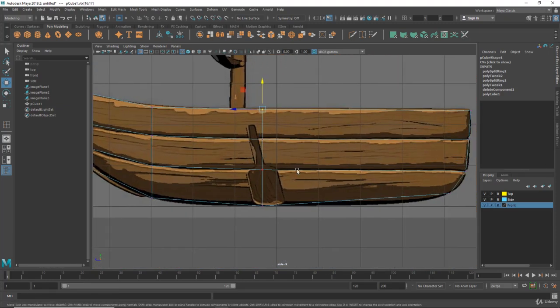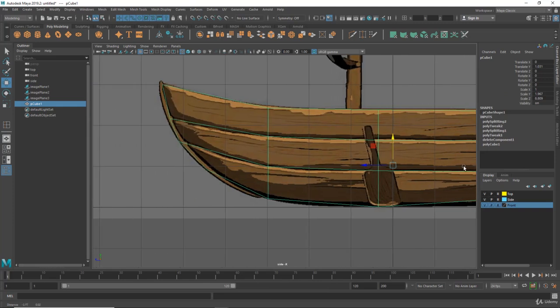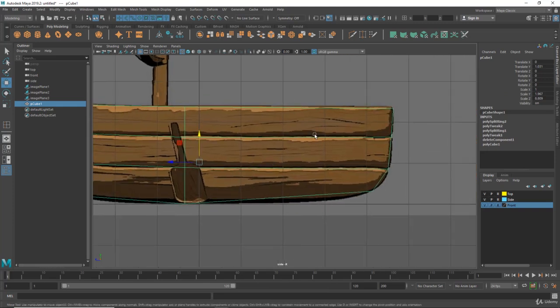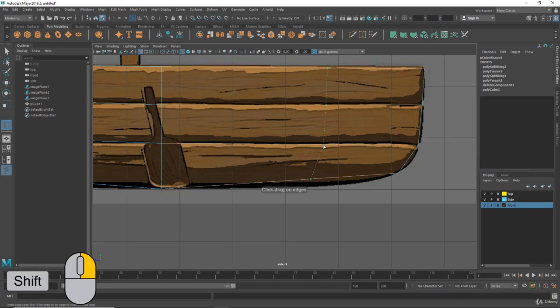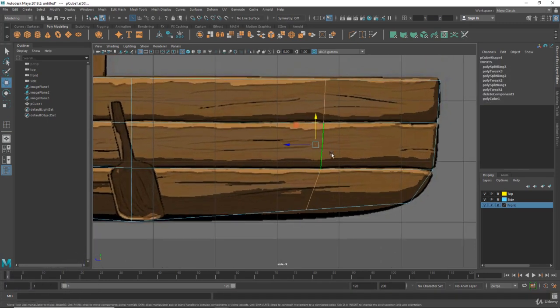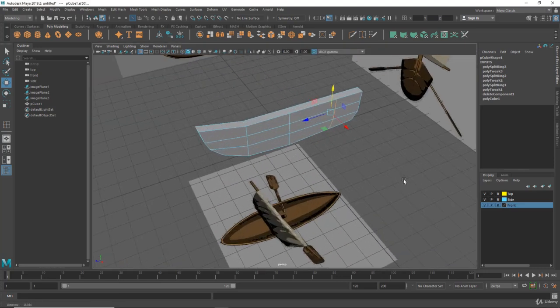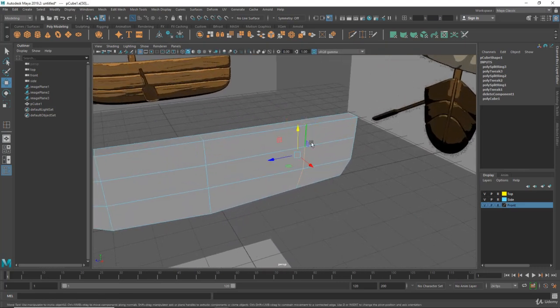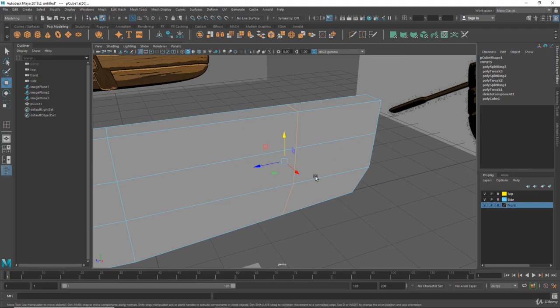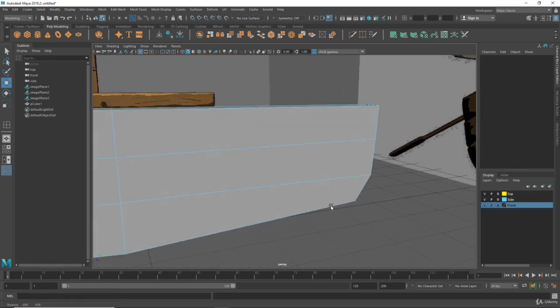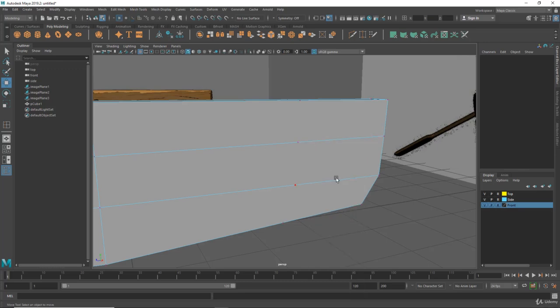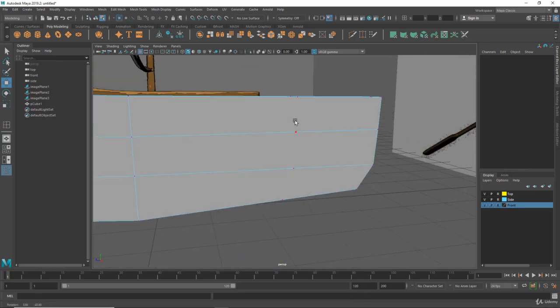So now let's see where we can add a resolution. So we need to add a resolution in this area. So insert edge loop. And if you want to delete the edge, let me show you another thing here. So if I double click on the edge and if I hit delete on the keyboard, you notice the edge is deleted, right? But if you right click and choose vertex, you see I have extra vertices here, and